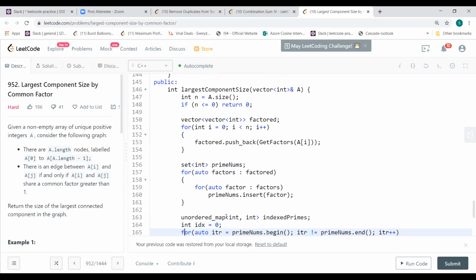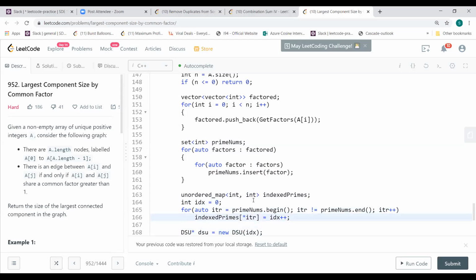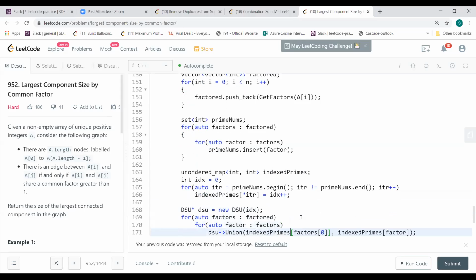So then I come down here again and do an index prime. In the sense, what I do is take that value and give it an index. That's the only thing I do, the previous one being what I did over here. Why is it being done? Because you have to find some indexes for the union find. Then I know how many unique prime factors there are, so I form a DSU for that.